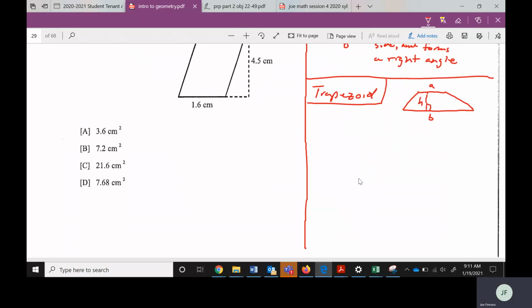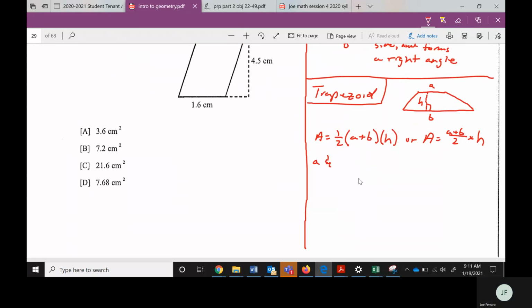So the formula can be 1/2 times (A plus B) times h. And the same thing, you can do (A plus B) over 2, all times h. Those are both the same thing because multiplying by half or dividing by 2 is the same thing. Okay, so now